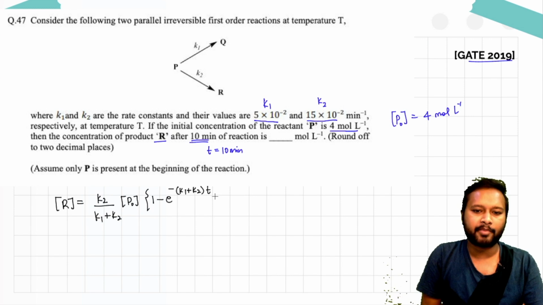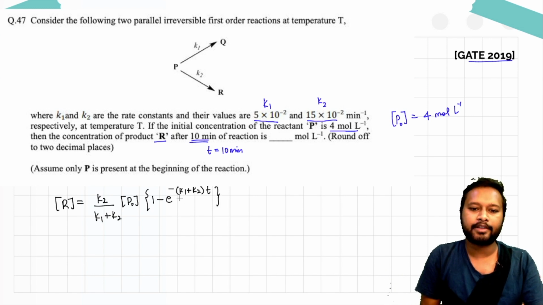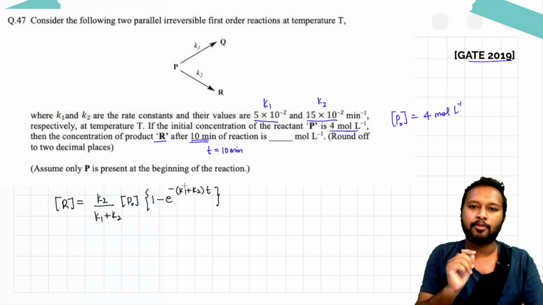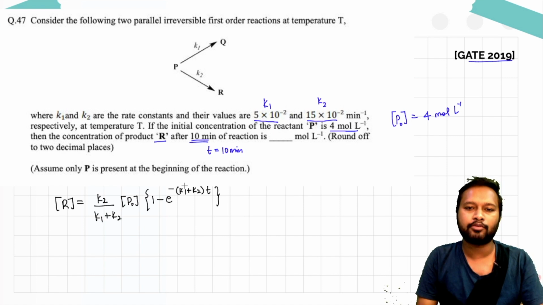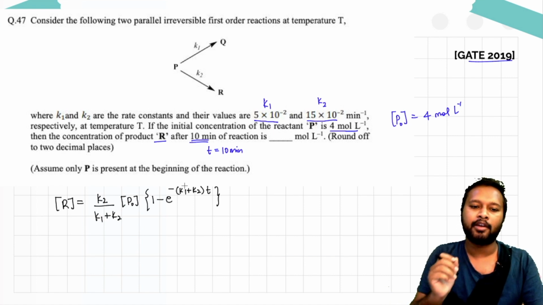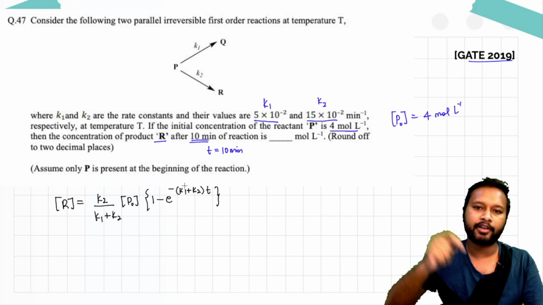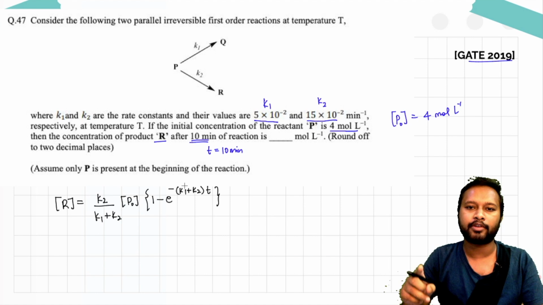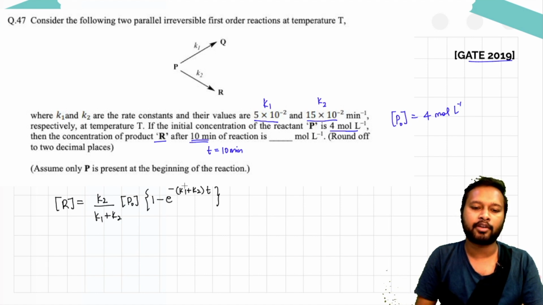Now remember that we have done these exponential calculations in the previous question also. All these exponential calculations we can do using a calculator. You are given a scientific calculator, provided that you know how to use it to solve these questions. So make sure that you have understood how to use the scientific calculator for the GATE exam. There is a link for the scientific calculator in the description of this video. You can click over there, download the digital scientific calculator, and practice with that calculator on how these calculations are done.